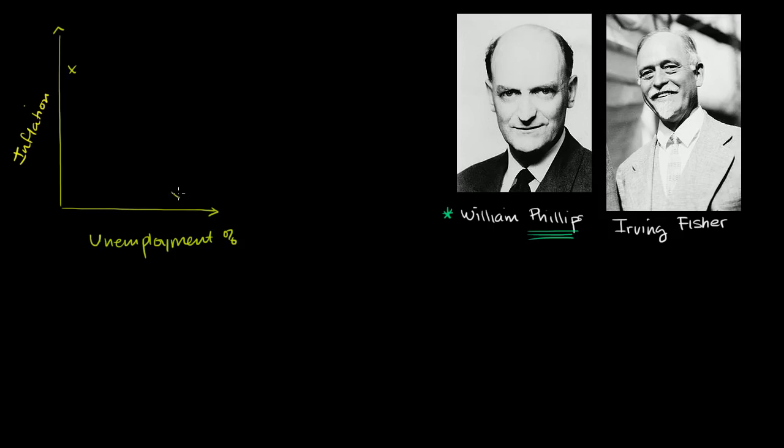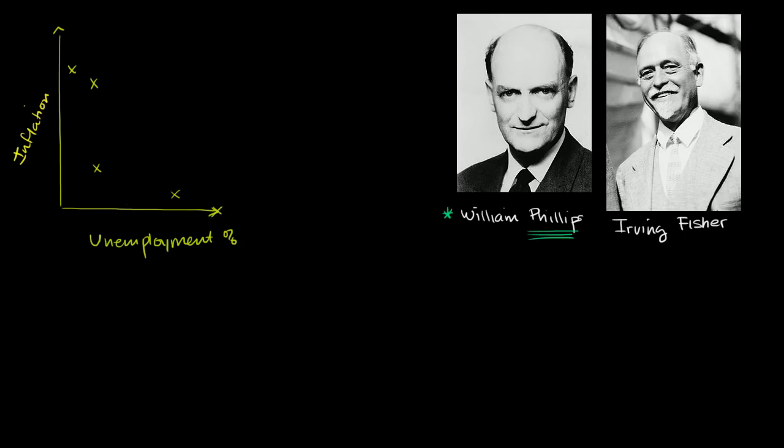And it's not clear which one is causing which, or maybe they both circle back on each other. And then in other years, maybe where you had medium inflation or relatively low, you had relatively low unemployment. And so he looked at a bunch of years and plotted them on an axis like this. So you take a bunch of years and you plot them here. So now you have higher inflation, slightly higher unemployment than that year over there. And I could just keep plotting some points over here. You could even have deflation.